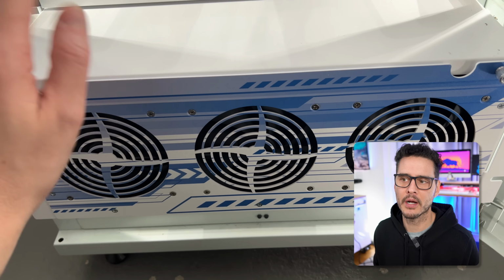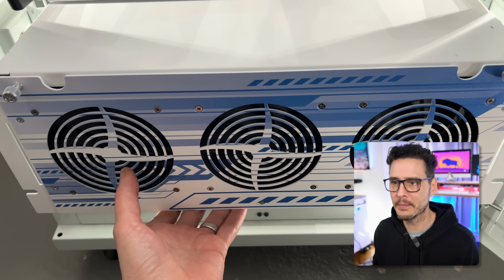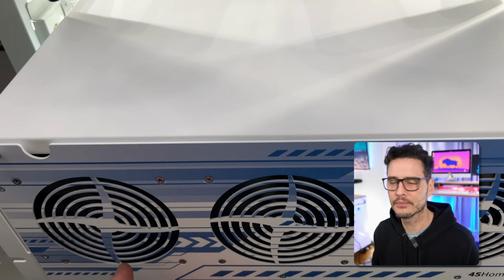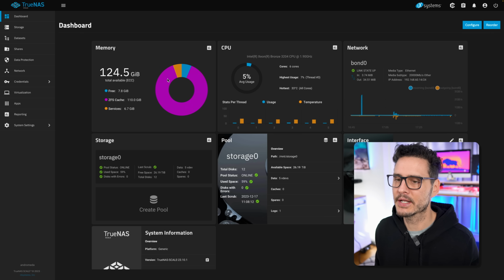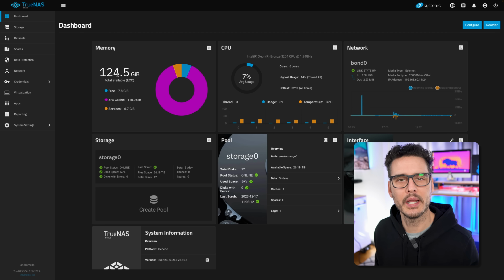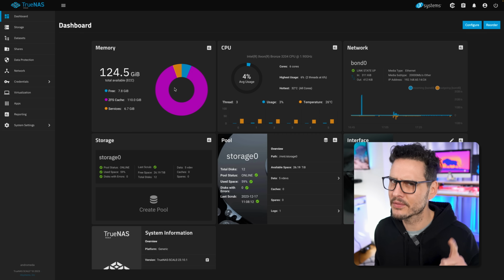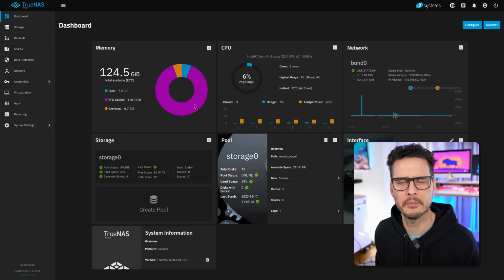It's kind of nice having it bare metal because now when I reboot my hypervisor, I don't have to worry about if my NAS is down. But anyways, this is running on the HL15. I did add some additional RAM, so I have 128 gigs of RAM. I did extend my ARC, or my RAM, so it uses more than 50%. Thanks, Tom Lawrence. He has a video on that. You should check it out if you need to use more than 50% of your RAM.